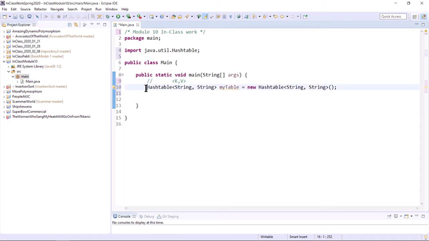We created an object of type hash table called MyTable. It is a parameterized data type that takes a key and a value. The key is a string, the value is a string. We can be more complex later on, but we're certainly permitted to use basic elementary data types as our K's and our V's. So I'd like to add an element